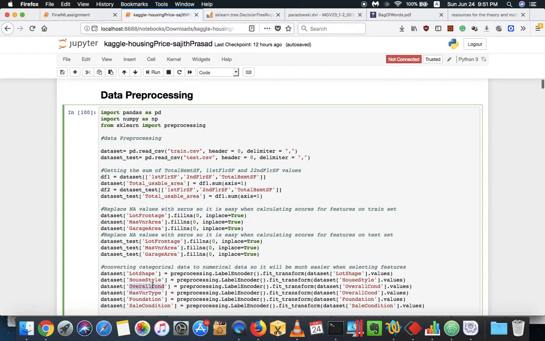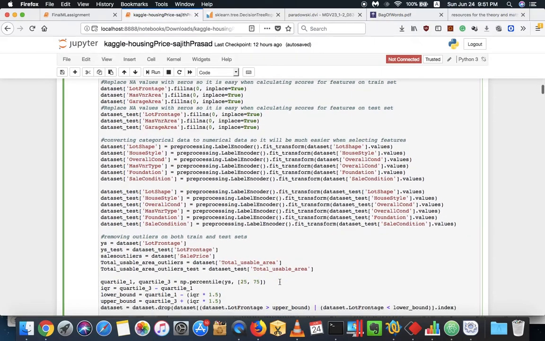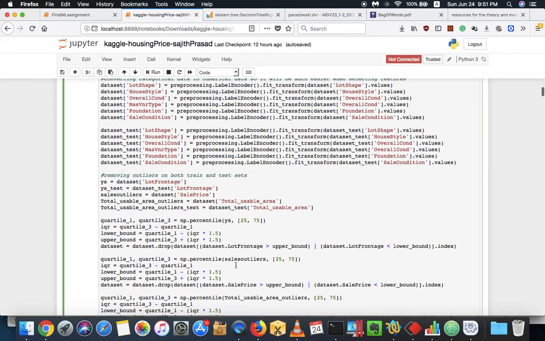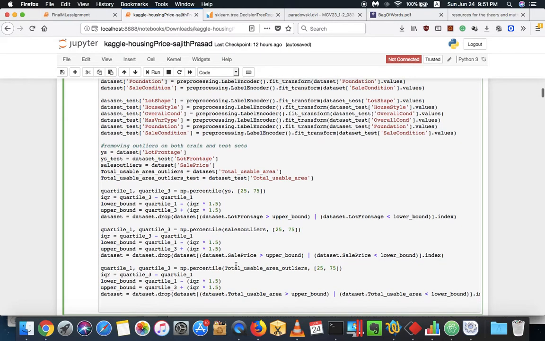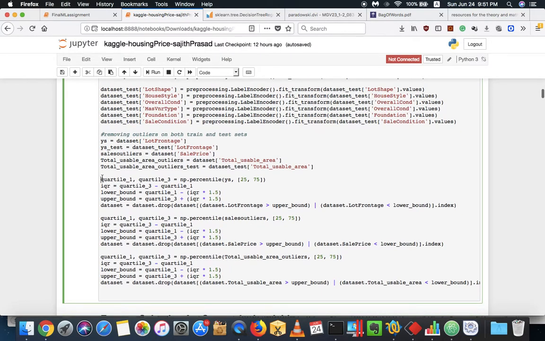Those are categorical data. At the beginning they had string values, not numerical values. So now I'm labeling them into numerical values. I have done the same thing for both train and test set, and this part is for removing